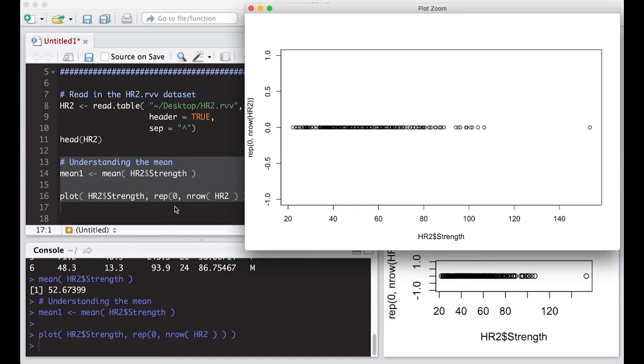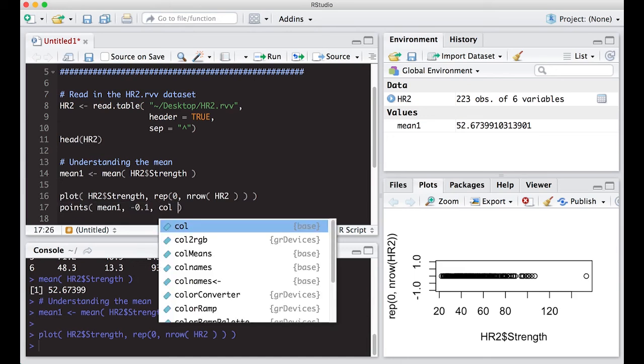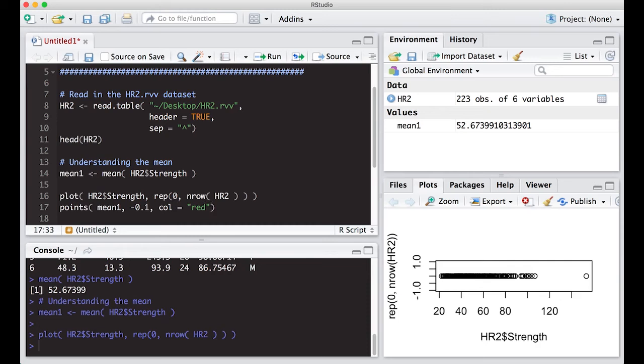So I'm going to actually plot the mean on here. I'm going to put points, and I'm going to put in my x-coordinate, mean 1. And in my y-coordinate, I'm going to put something like, how about negative 0.1. Let's see what that adds to our picture. And maybe I'm going to make the color equal red. And the shape, the point character, just make it something different. Maybe 3, maybe that's a triangle, maybe 2 is a triangle actually. We'll see. Put this on here